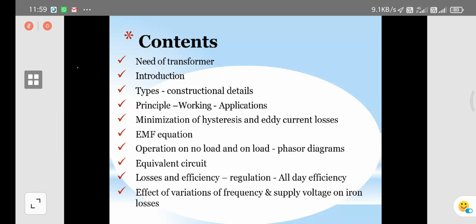So let us see. I am discussing about transferring the voltage as we require, to increase or decrease the voltage. Okay. Here generally we have